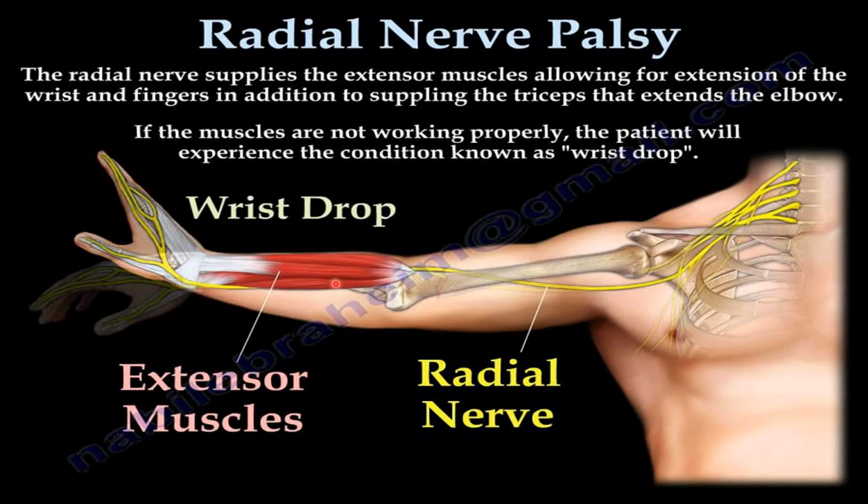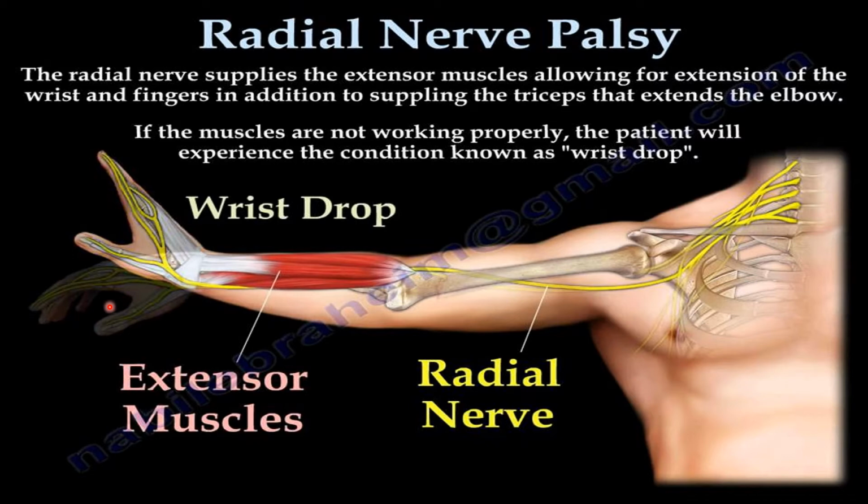The characteristic handicap is an inability to extend the wrist, resulting from the paralysis of the extensor muscles of the forearm, all of which are innervated by the radial nerve. The hand is flexed at the wrist and lies flaccid, a condition known as wrist drop, which you already studied in detail. Okay, so the fingers of the relaxed hand also remain in the flexed position at the metacarpophalangeal joints.